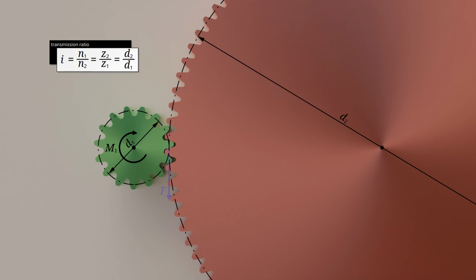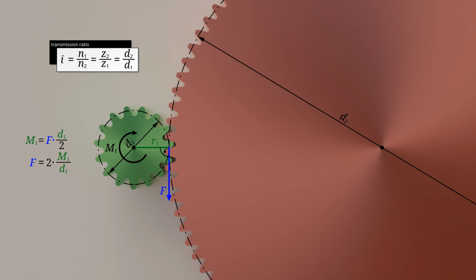The force F that this torque M1 generates on the flanks of the pinion can be determined from the pitch circle diameter D1. Note that the torque is defined as the product of force and lever arm, where the lever arm is equal to the pitch circle radius, which is half the pitch circle diameter. Solving this equation for the force F gives the following formula, which can be used to determine the force acting on the flank of the pinion.